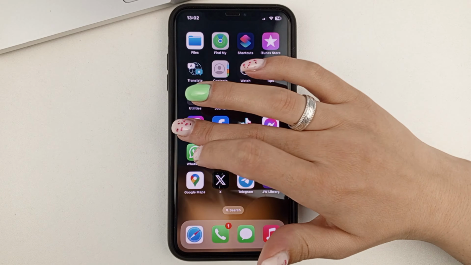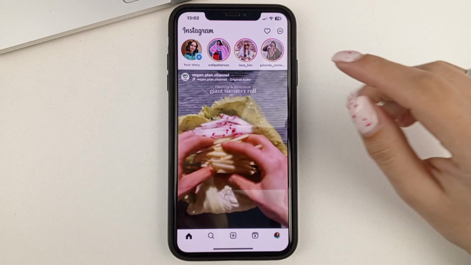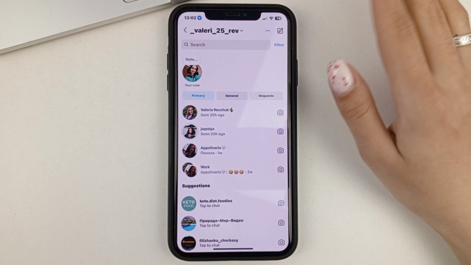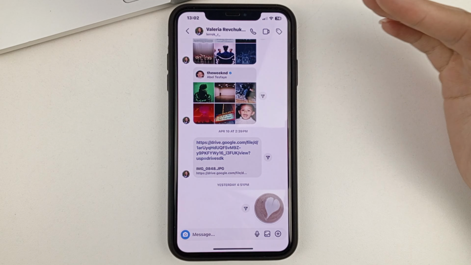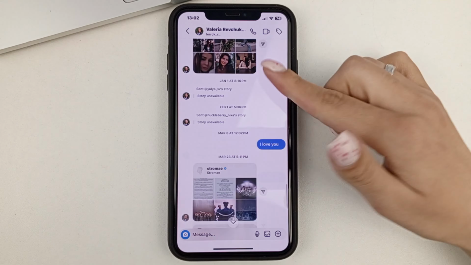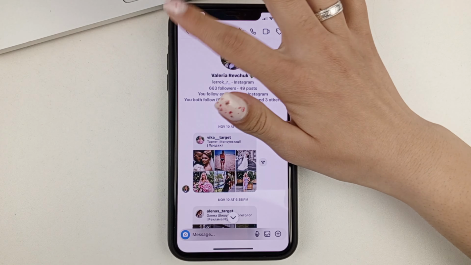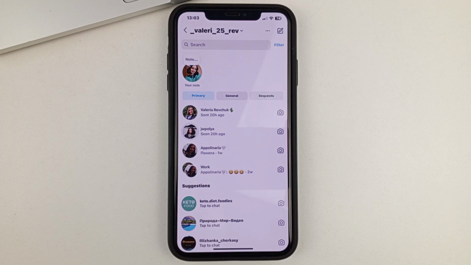So, if you are in Instagram, let's say you are in a correspondence with a person, and in order to get to the beginning of the conversation, usually everyone just scrolls through the conversation. But if you have a lot of messages between you and the person, it can take a very long time, and in general, constantly flipping with your finger is actually very inconvenient. What can be done in such a case?